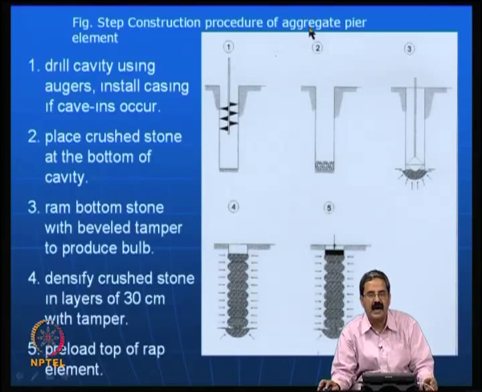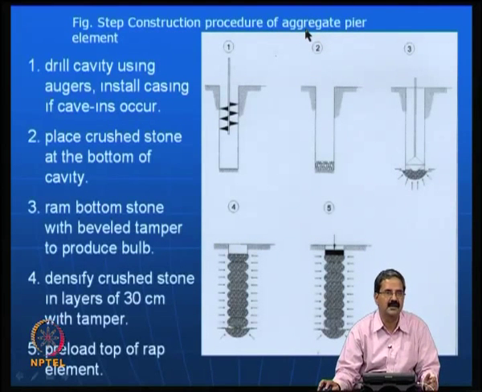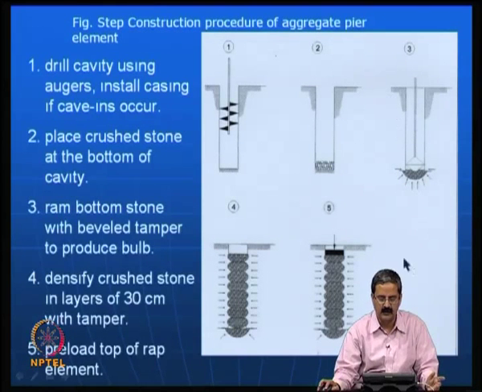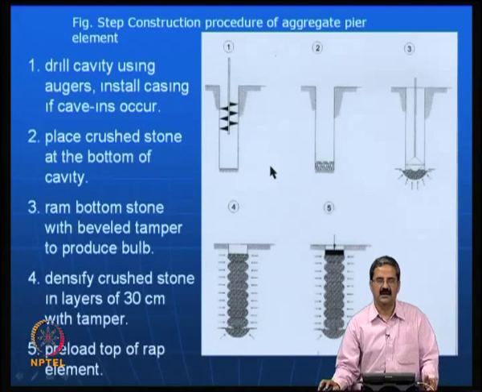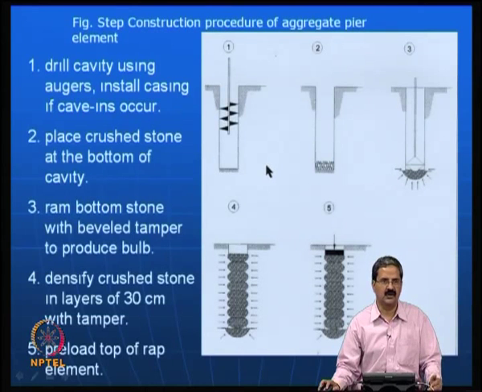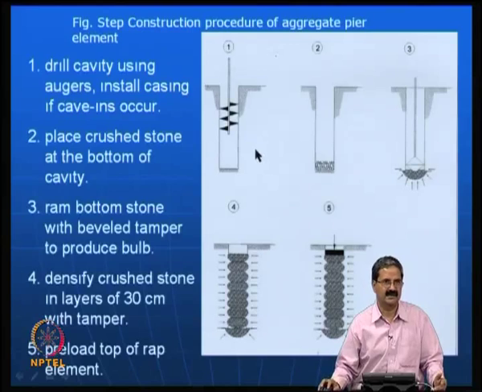I do not want to call it a stone column, but I call it an aggregate pier. A pier is like a pile, and this is one terminology people use, and it is good for shallow depths. Say, for example, I have a small house where a big company may not come, but somebody can do it like this, is it not?